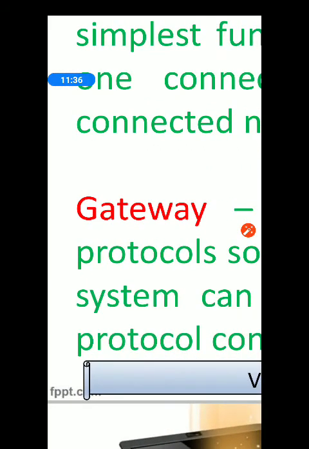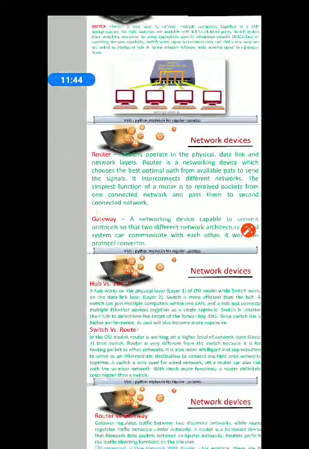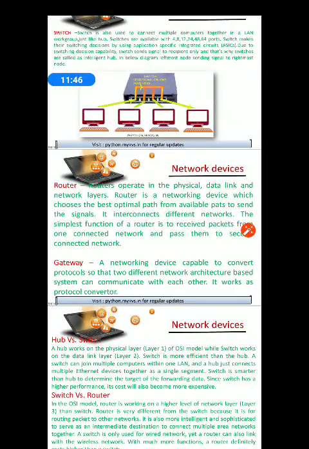Come to the next one, gateway. The gateway device converts the protocol so that two different network architectures may communicate with each other.